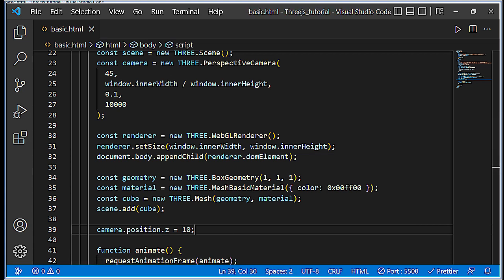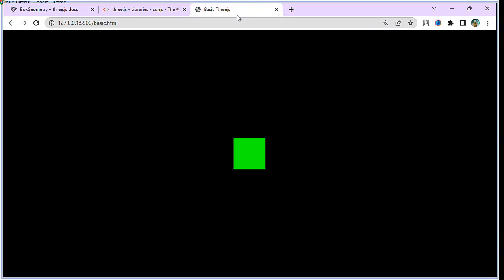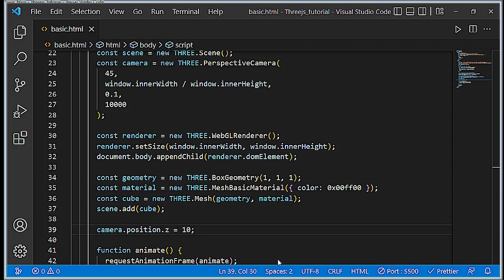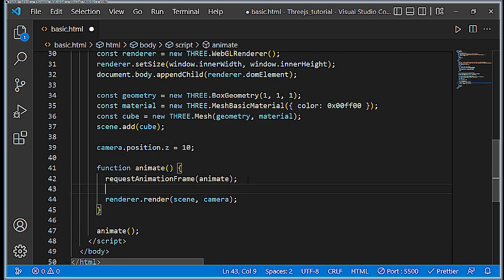Now save it, and again let's go to the browser. Here you can see we are getting this box geometry, but it's constant, and we can't get the feeling of 3D. So what we can do is rotate this box geometry, so that we can see this box in 3D. So again we will go to Visual Studio Code, and we will try to rotate our